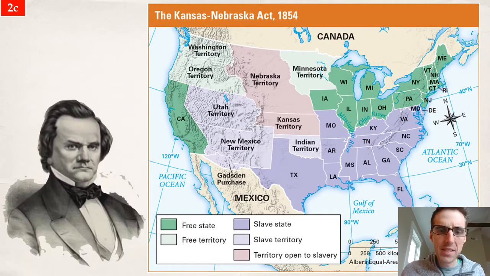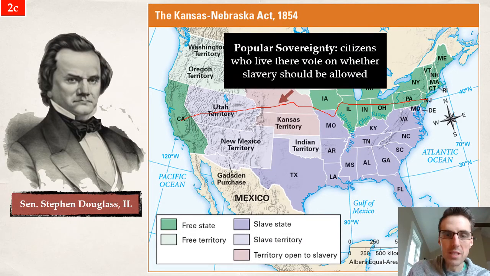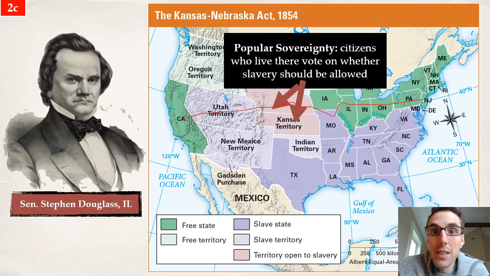Also remember our main man, Stephen Douglas. Stephen Douglas is responsible for the Kansas-Nebraska Act. Remember, they wanted to build a railroad across America. They had to go through the territories and settle them. But what about slavery? Are these going to be slave-free territories? That's a question we're asking. Remember, balance of power in the Congress. He said they can vote on it. We know that led to violence, right?